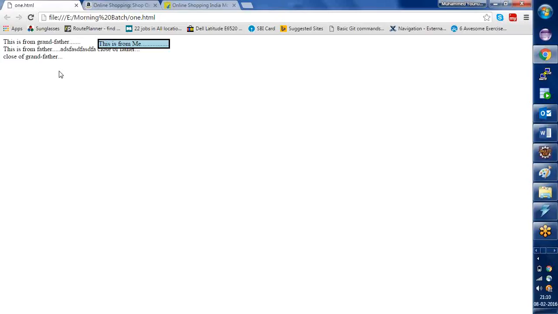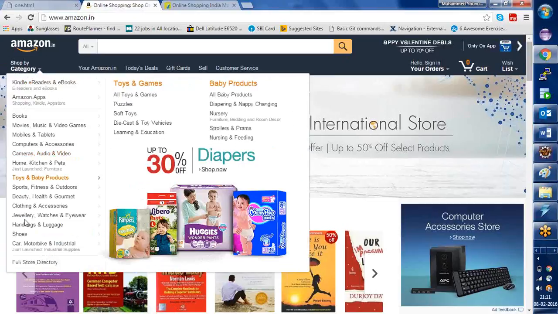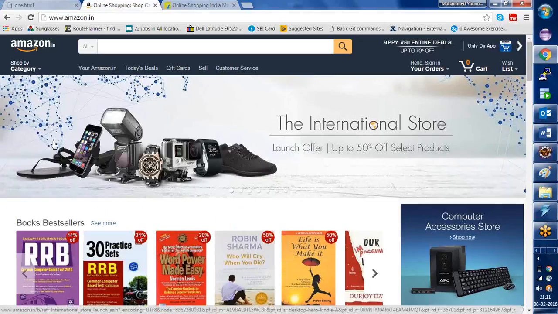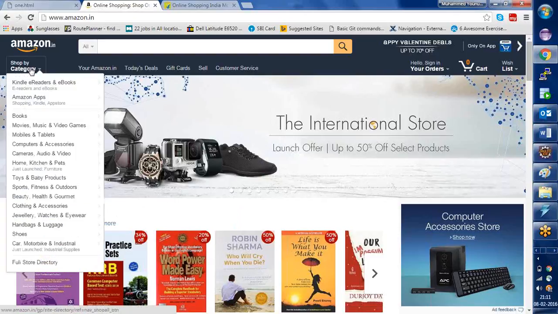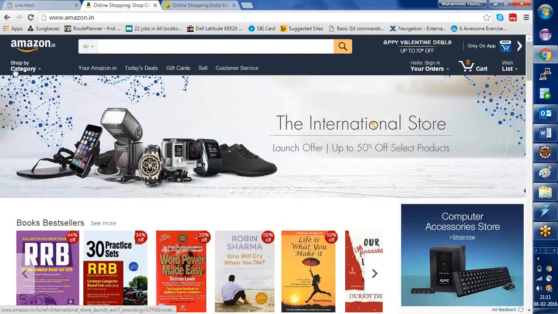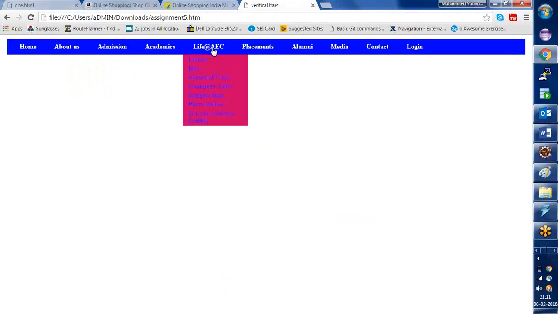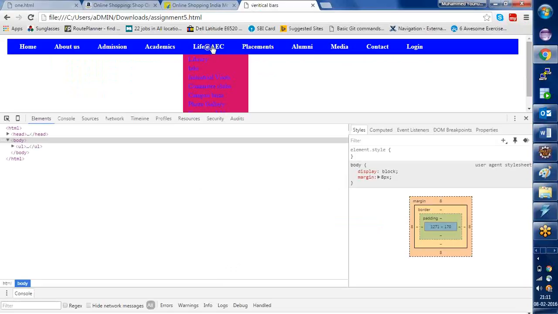Can you show one example of a website using relative? Sure. Relative means it will just override the backend. When you hover over here, you have displayed the drop down menu. Let me open the assignment which you have. If you see the properties of the CSS,